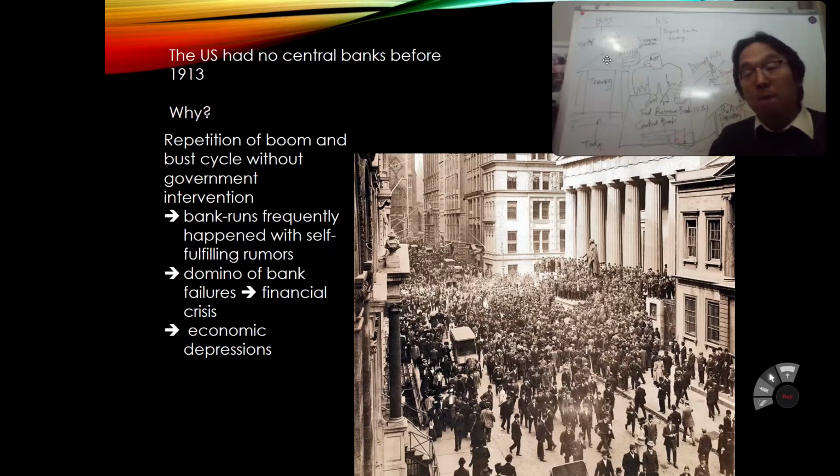Now, what's the impact after the domino? With the domino of bank failures, a full-blown financial crisis really happens. I hope that kind of situation does not happen this time. It's going to be all right; the banking system is all right. That's the good part of it, in this coronavirus situation. But 100 years ago that was a very big problem, especially because there was no central bank, and then economic depression happens.